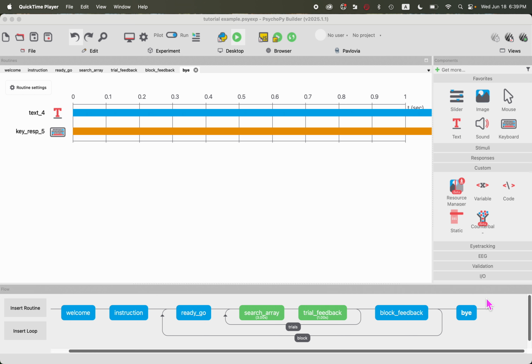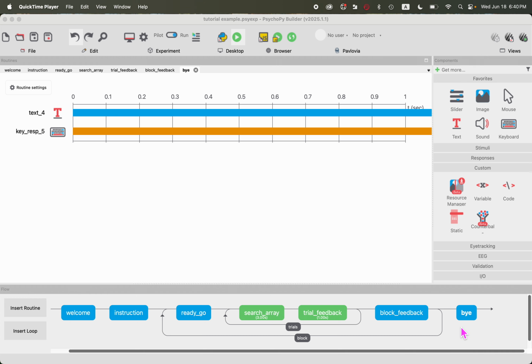Say, in this experiment, if we want to build a separate block that's outside of this existing loop, that would allow us to embed a different Excel file in to control for some different conditions. For example, if we want, in the new Excel file, we want there to be no singleton absent trials at all. We want every trial to have a singleton presence. Then we will need to